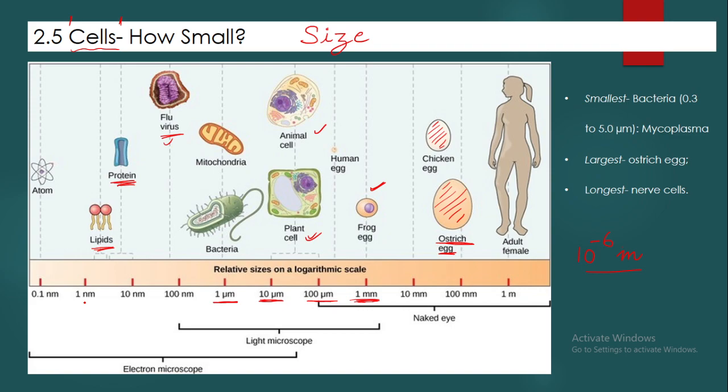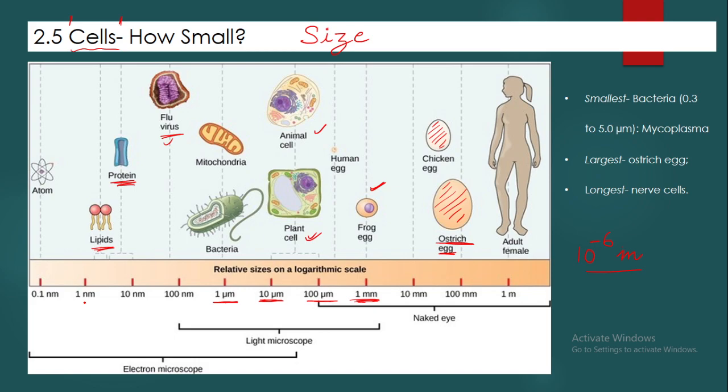Nano means 10 to the power of minus 9 meter. 10 to the power of minus 9 means after 1, how many zeros will you put? 9 zeros you will put. It will become 1 nanometer. That many times it is less than a meter. 10 to the power of 6 times less means 1 million times less.